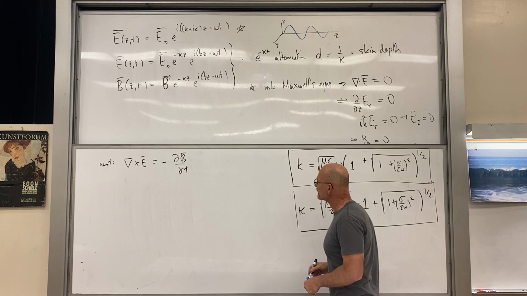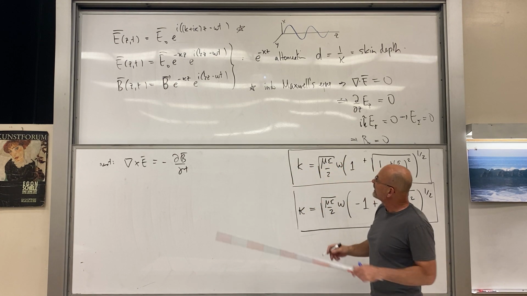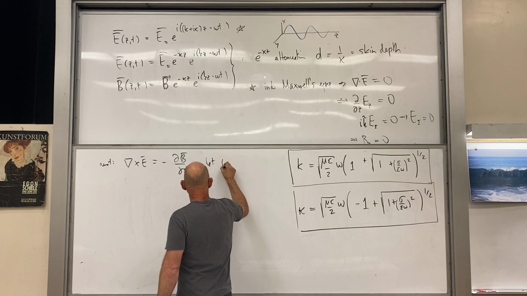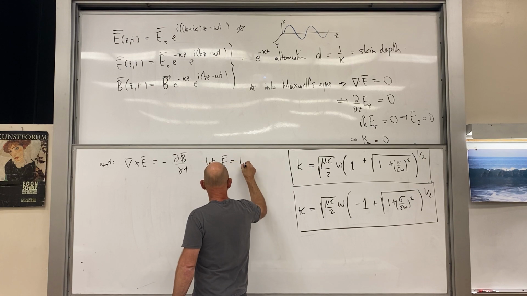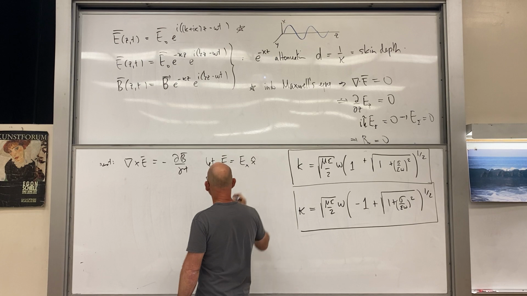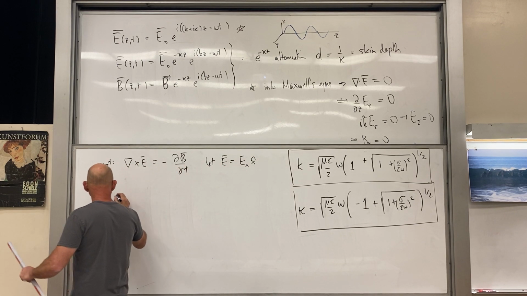Okay. So what's the curl of E going to be? We're choosing this polarization. Let E equal E_x x hat. So if we do the curl of E, we have